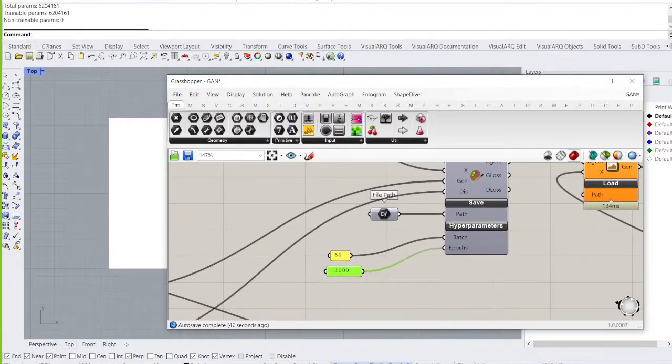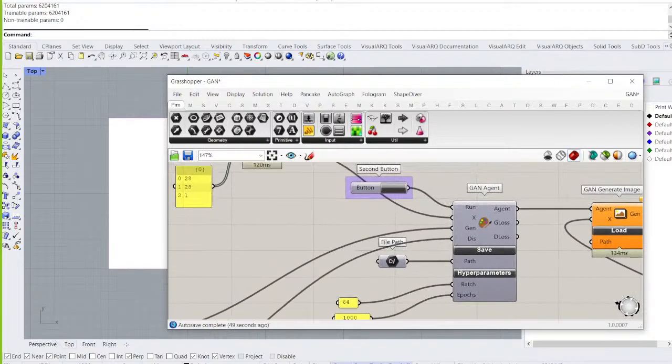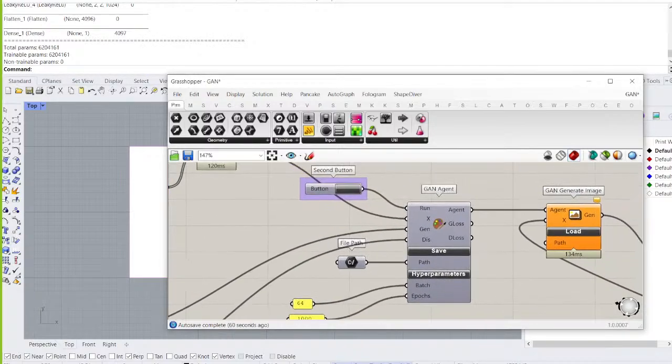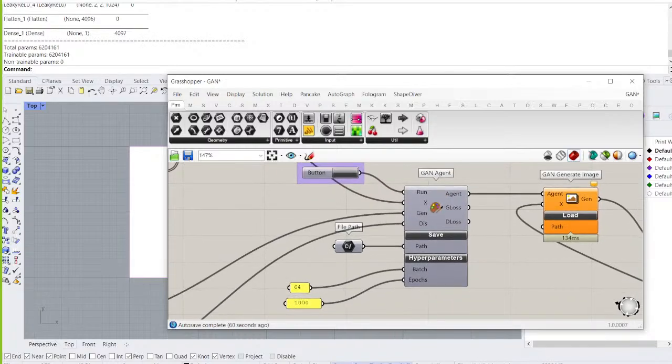So this might take a while. I will start the training, and we can see here the output of the training cycle steps in the command window. So once we start training,